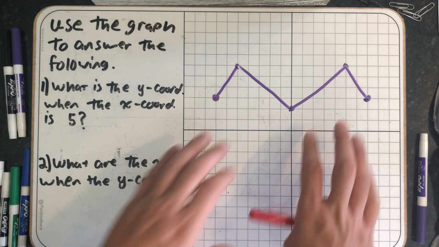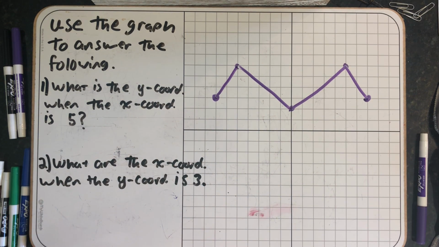I want to answer some questions based on this graph, with the real idea being these are skills that we're going to use later on in the next few sections. So I have a graph here, so we could imagine that someone came in and drew a graph based on some set of information, be it from an equation or something else, and we're asked to find the y-coordinate when